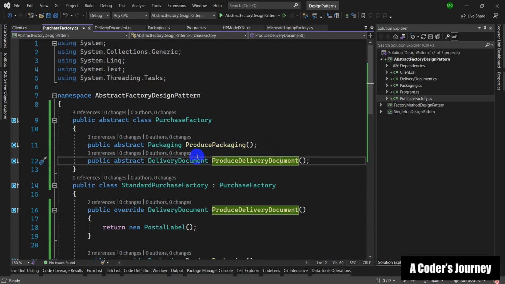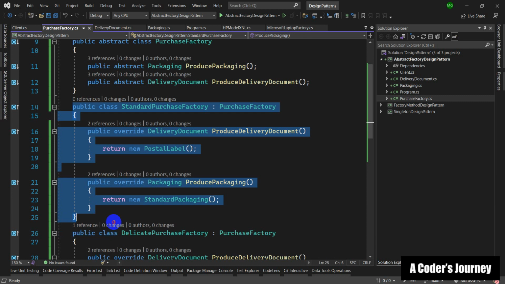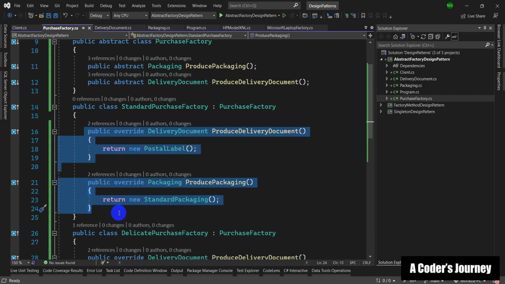The produce packaging method is going to return a packaging, which is the base class for our two types of packagings. And the produce delivery document method is going to produce a delivery document, which is the base class for our two types of delivery document, courier manifest and postal label. Then we defined two different factories, standard and delicate,